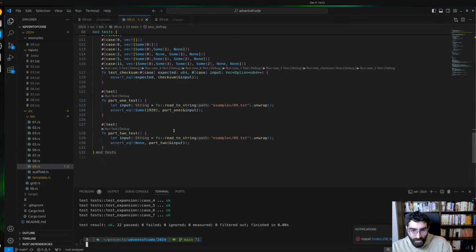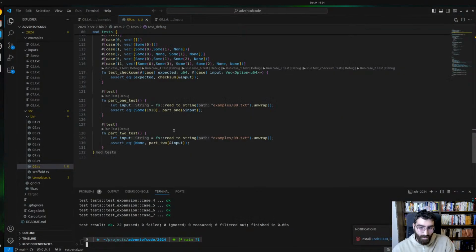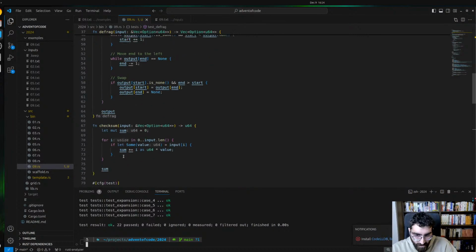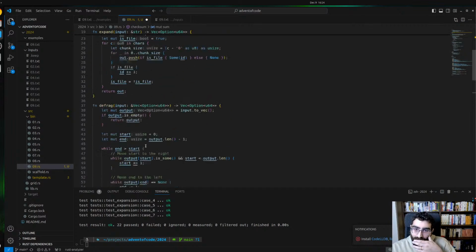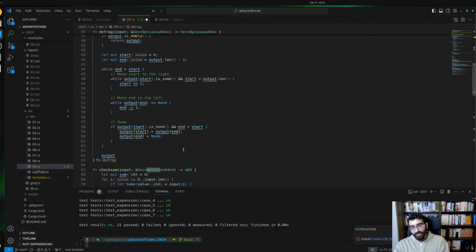Okay. Now the same algorithm doesn't work. We could do something better. So let's keep this part here. Let's keep the checksum is the same. What we need to do is work on our defrag. The fragmentation should